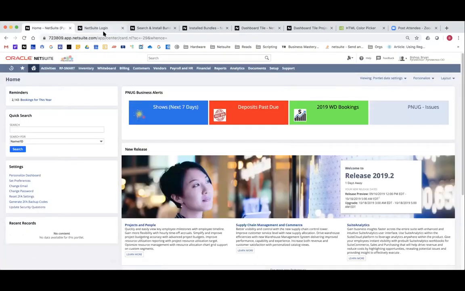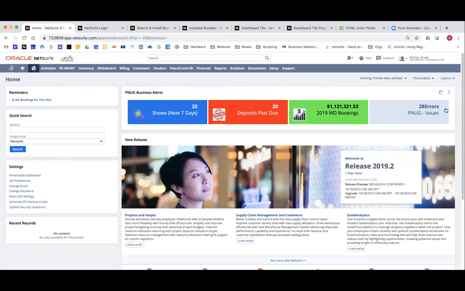Okay, so there's my CIO role, and there is my new tile called PittNUG Issues. As I said, it takes a second to load it, and I have 28 errors. Of course, I didn't do a good job. I should have put a space before the word errors if I wanted it to look pretty, but there's my 28 errors, PittNUG Issues. And if I click on it, I will bounce into my